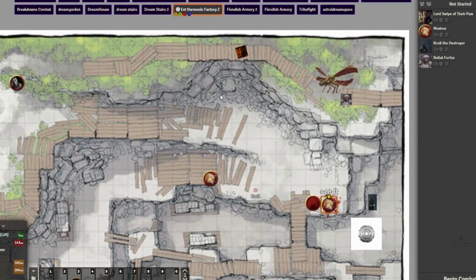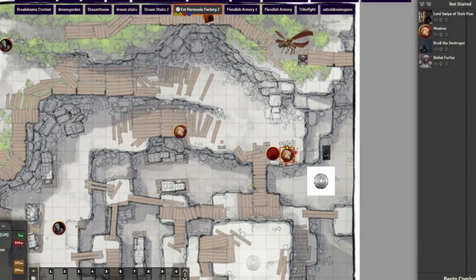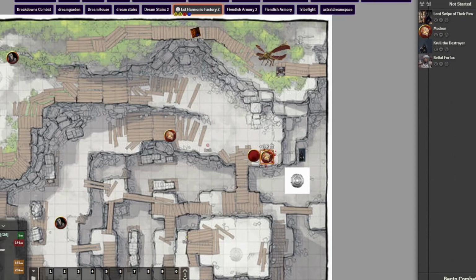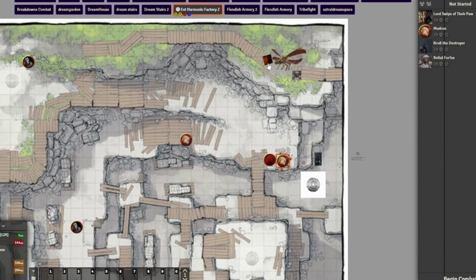We've got Lord Swipe. I move back, the dragonfly, it's still there, to help my friend here, but I'd like to use my bonus action after I move to see if I can hide behind the ship and not be seen by the Modron that is bloodied. Absolutely. Go ahead and roll a secret stealth here.